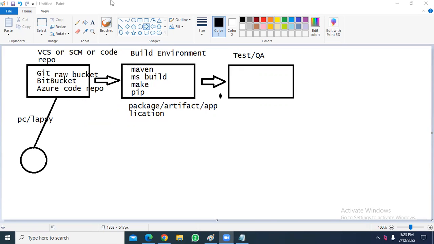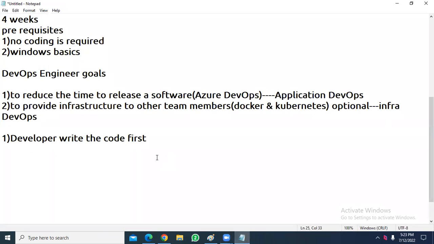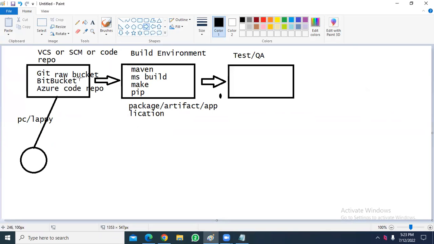Now let me start from the beginning. Whenever code is submitted by a developer, what happens here? Since we cannot use raw code directly, the code will be promoted into some build environment.